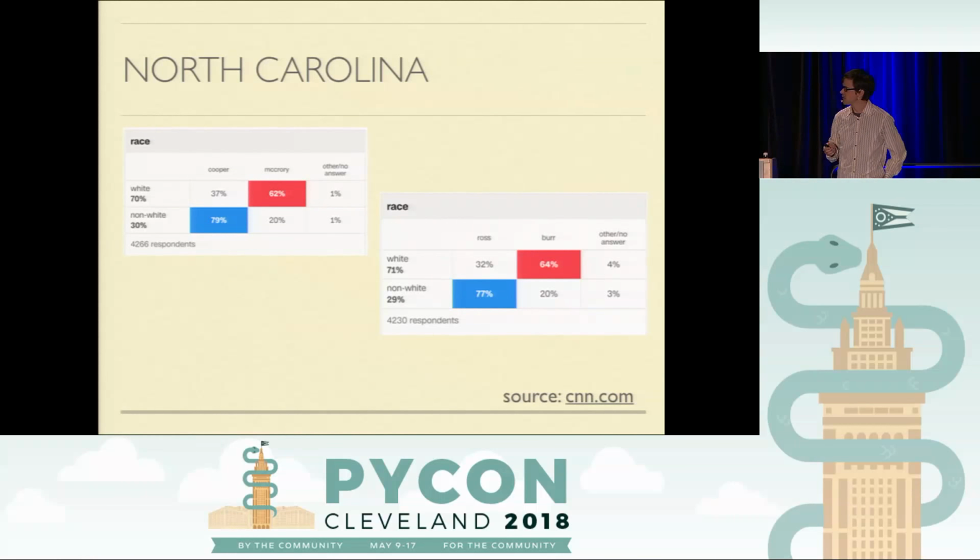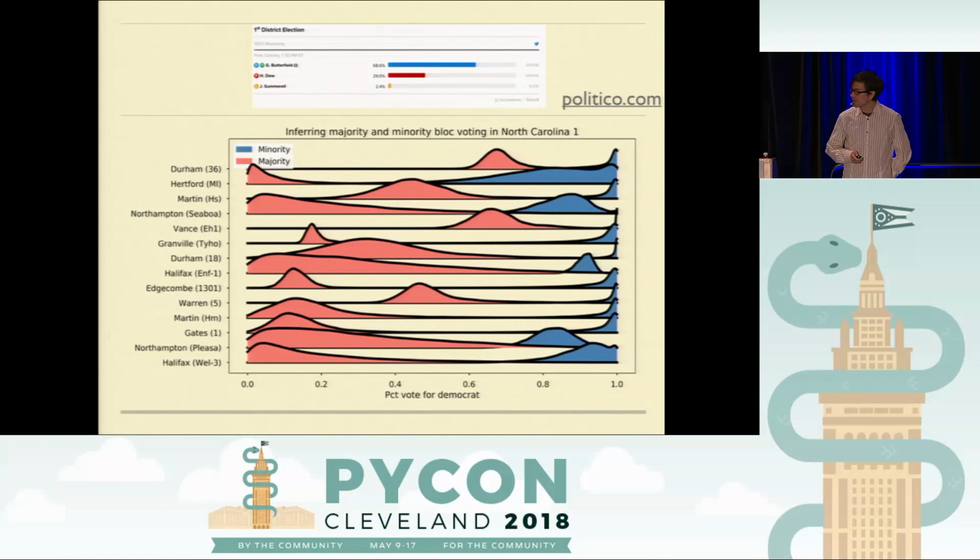The last thing I want to say before I show the end results of running that same PyMC3 model is exit polls. There is no exit polling for congressional data. This is for the governor and the Senate race, and there's only 5,000 people interviewed. So this is not some place where you could recover the analysis we're doing for all 2,600 precincts. However, directionally, you might expect to see 75% of non-white voters vote Democrat, and about 35% of white voters vote Democrat. So without further ado, this is that ecological inference model.